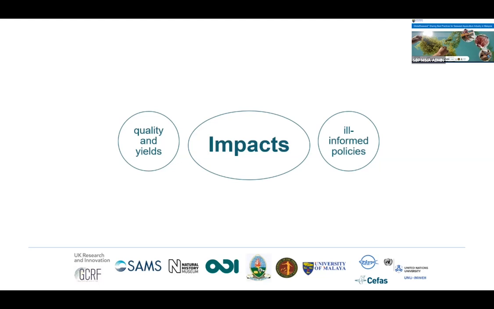And the next impact is ill-informed policy. Migrants actively participate in seaweed cultivation activities informally. Informal activity, such as the number of cultivators among them or the number of their seaweed farms, cannot be officially recorded. So the absence of accurate and precise data concerning seaweed cultivators may contribute to ill-informed policy and initiatives concerning the welfare and development of coastal communities and also the seaweed sector as a whole.